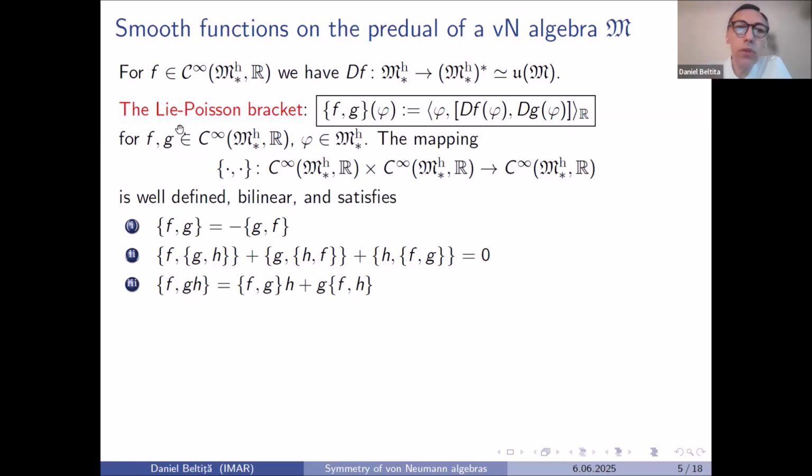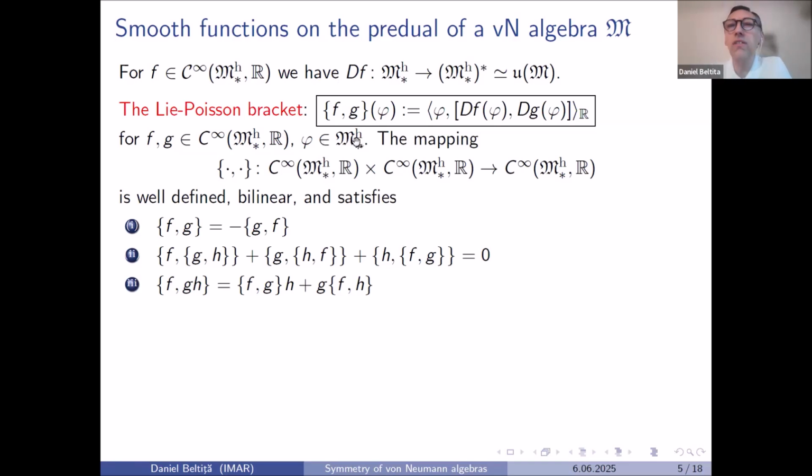And the name of Lie comes, it's an interesting story, but I don't have the time to say that. Essentially, this formula goes back to the work of Sophus Lie, namely in the second volume of his treatise on transformation groups. He basically introduced the Poisson structure by such a formula.